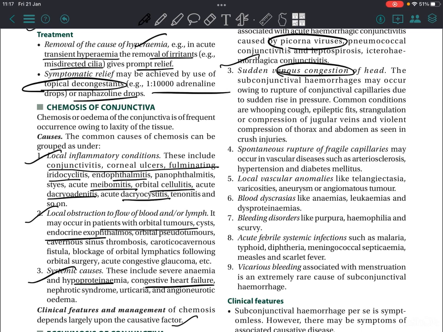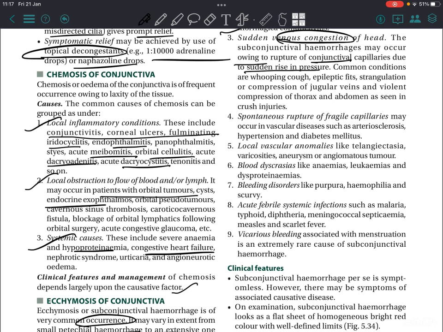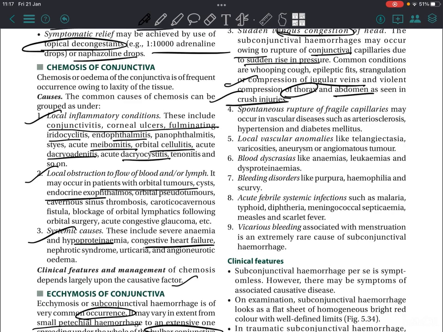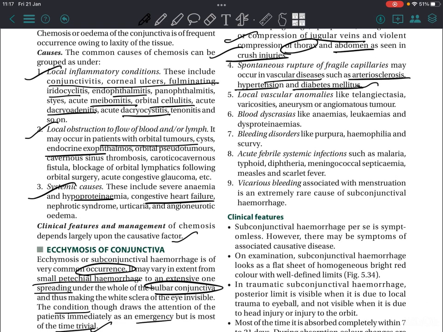The subconjunctival hemorrhage may occur owing to rupture of conjunctival capillaries due to sudden rise in pressure. Common conditions are whooping cough, epileptic fits, strangulation or compression of jugular veins, and violent compression of thorax, abdomen as seen in crush injuries. Spontaneous rupture of fragile capillaries may occur in vascular disease such as arteriosclerosis, hypertension, diabetes mellitus, etc. Local vascular anomalies like